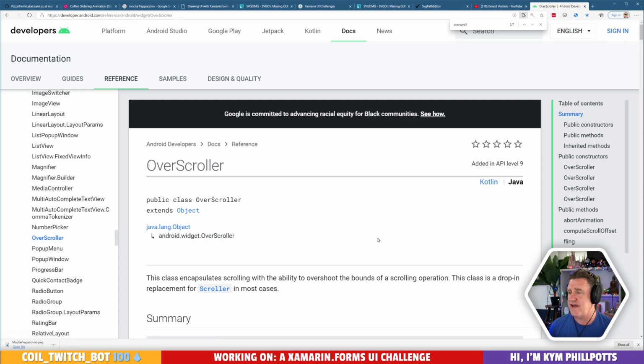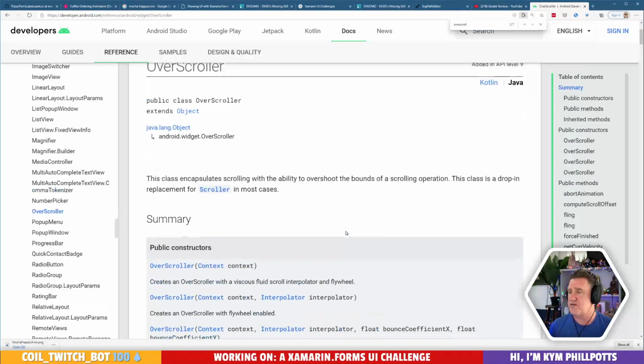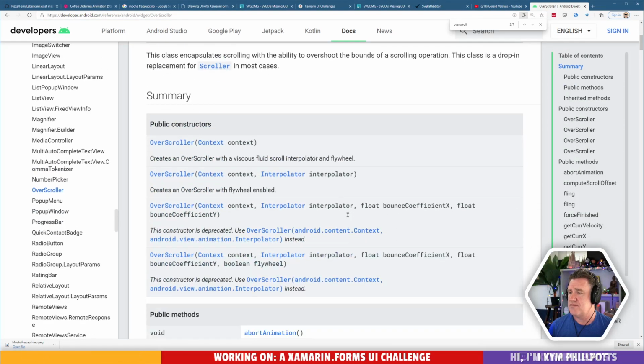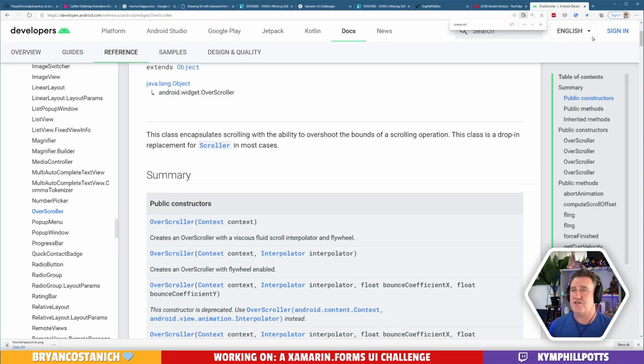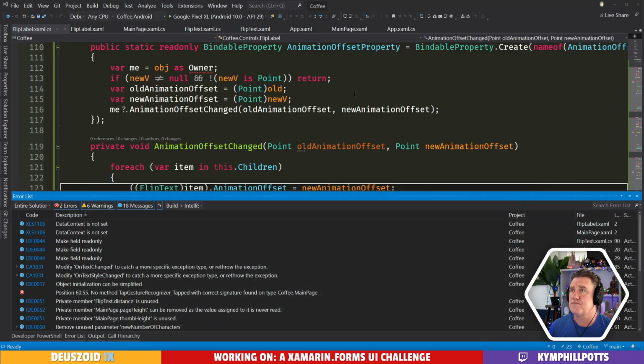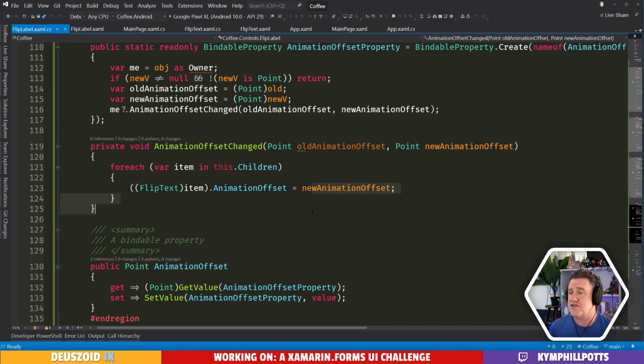Maybe you have to write an effect or a renderer in order to do it. But that's going to be your best way. Otherwise, you could fake it with animations, but it's not going to be as smooth. So let me get back to you on that one. Yeah, no problems. Make a good blog post, actually.